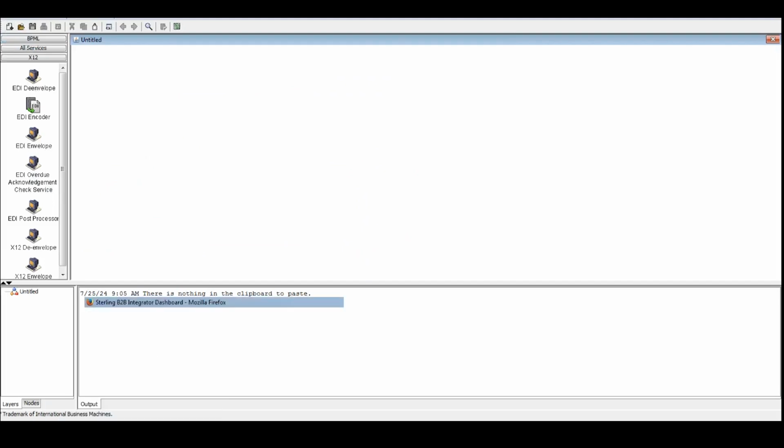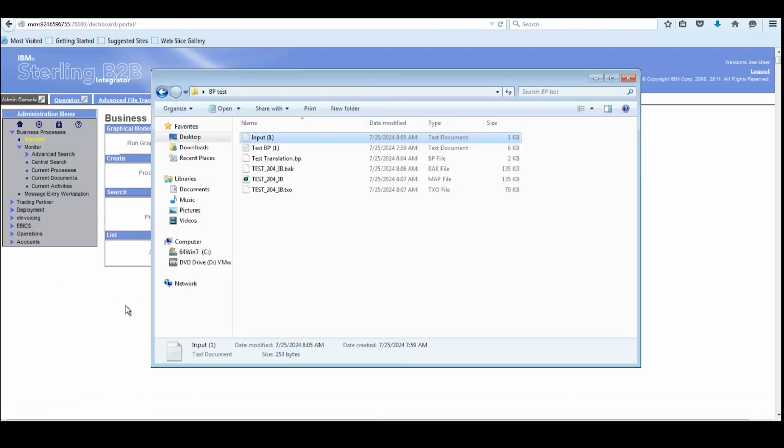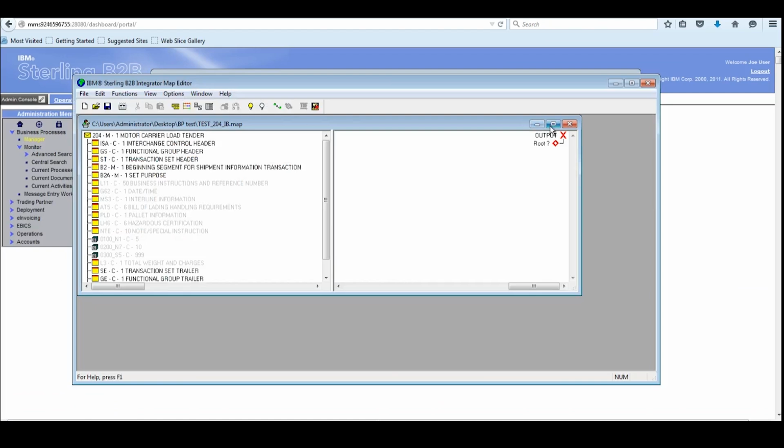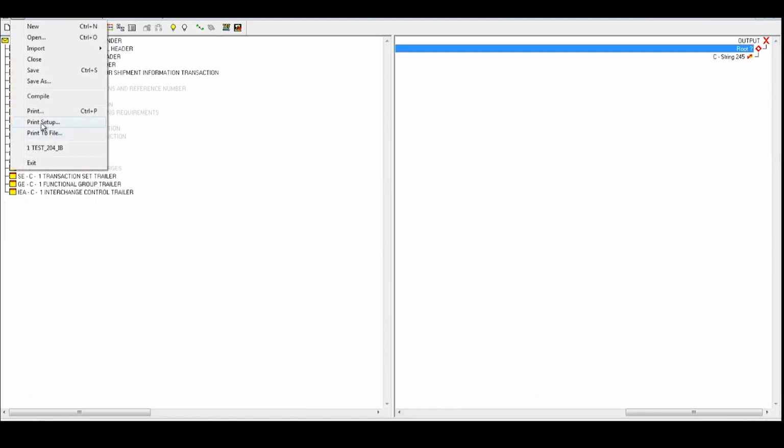Now we will create one BP. I have one sample map here. So this is a sample map. Okay. So it will convert the data of the EDI format to an XML format. I just created a sample map with one PC data, and maybe the logic is nothing but